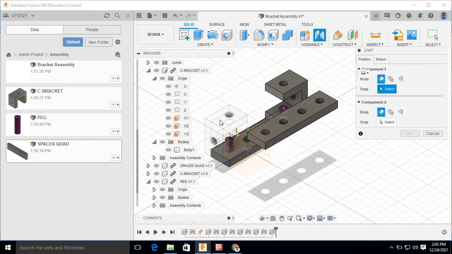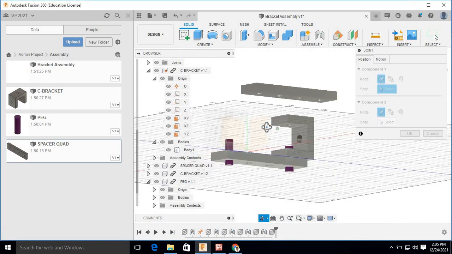Now see, this first part is grounded, so it cannot be moved. So we cannot select this as a first component, because when we select first component, then that first component will move to the component which we select second time. So this component is grounded, so it cannot be moved. So here we cannot select this first.